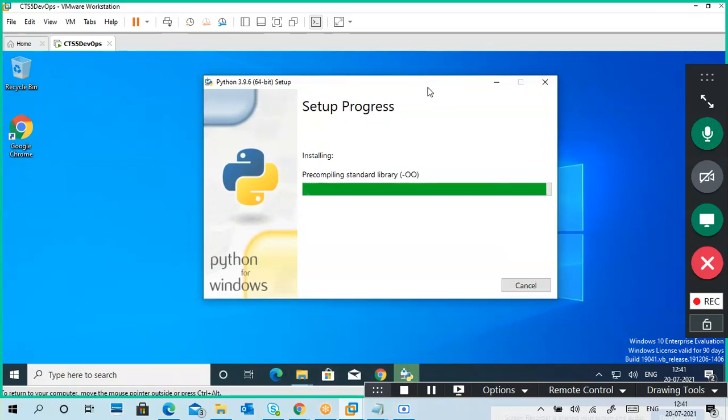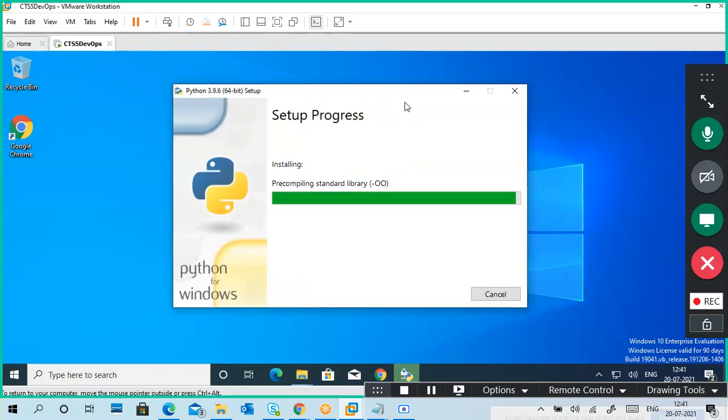Guys, any doubts or anything? Please ask me, because why it is taking so much time. No, sir, download it. Any doubts? Not only Python kind of stuff. Sir, libraries also get auto installed, no?